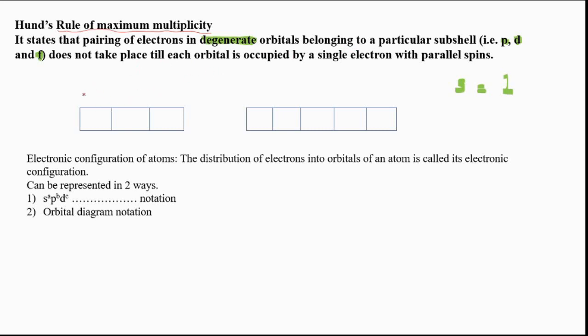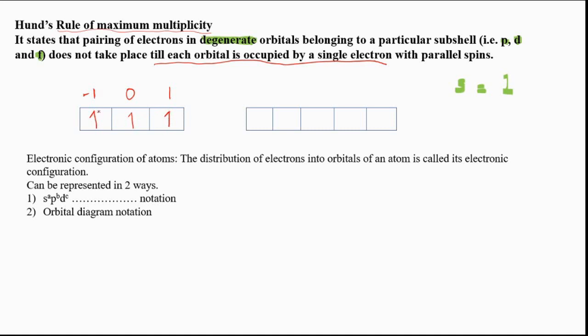So I have p orbitals, with values of ml as -1, 0 and 1. So what are they saying? The pairing will take place only after each orbital is occupied by a single electron. There are three orbitals, so I will fill the first electron, and I have to show this with spins. If I show it with a plus spin, we show it by one half-sided arrow. Then I do not fill the same orbital; I fill the next orbital, and this continues till all the orbitals are half filled.